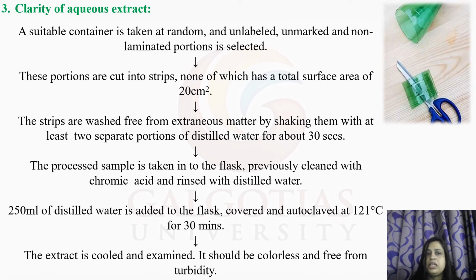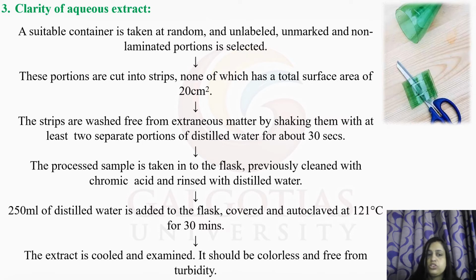A suitable container is taken at random, and unlabeled, unmarked and non-laminated portions are selected. These portions are cut into strips, none of which has a total surface area of 20 centimeter square. The strips are washed free from extraneous matter by shaking them with at least 2 separate portions of distilled water for about 30 seconds. The processed sample is taken into a flask previously cleaned with chromic acid and rinsed with distilled